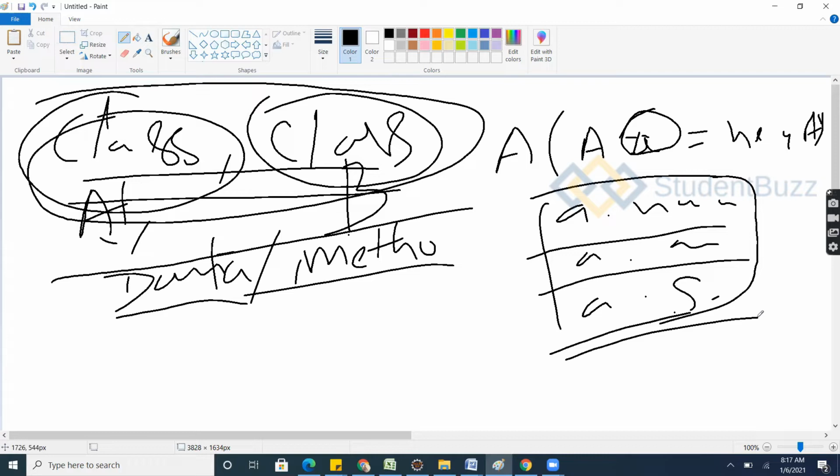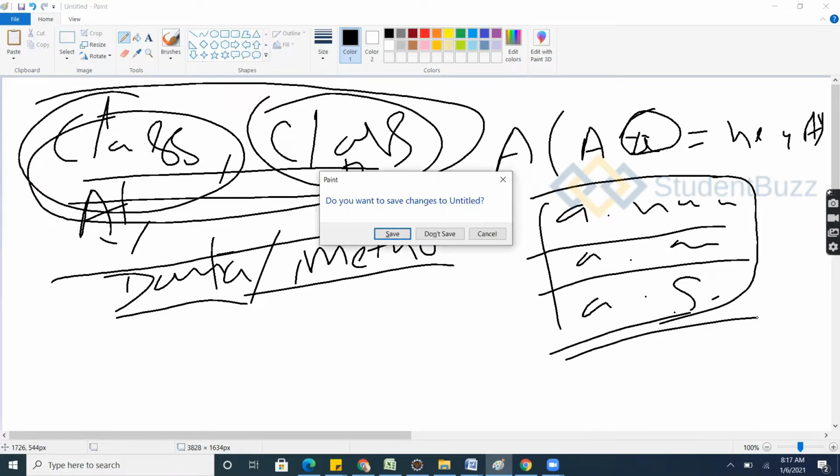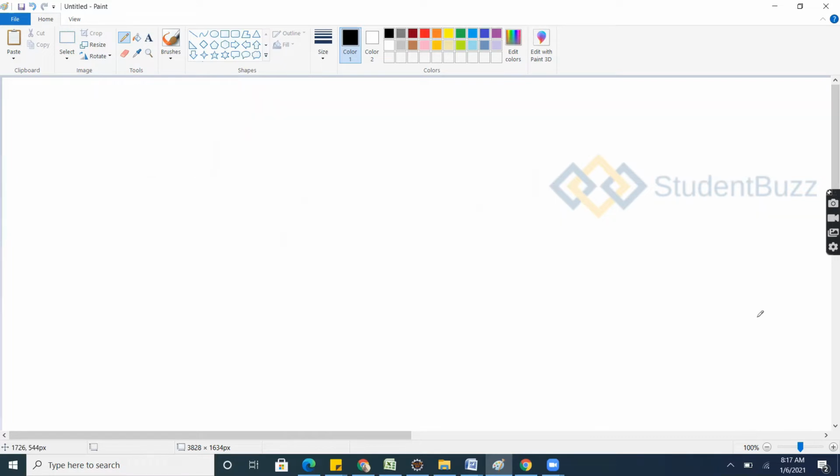Now what we are going to do is create relations. We are going to generate relations, and what kind of relations we have, OOPs concepts or anything in Java, is taken from real-time examples. Real time in the sense is like a live environment. If you have a relation with a relative, like any person, by default you'll have some access, right? By default you'll have some access.